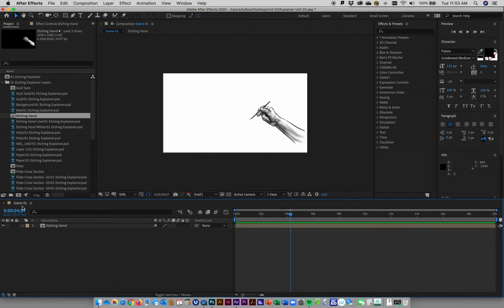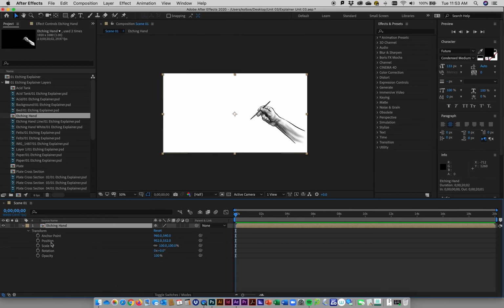So that's basically what we've got going on. So we have scene 1 comp with etching hand 1 comp placed inside of it. Now I can go in there and I can add and subtract whatever I would like to in this whole thing. So there's a ton of tutorials that you'll be looking at after this that'll show you how to do stuff. But the basics of it is we're going to pull this item in, and we're going to click on the twirl down here,